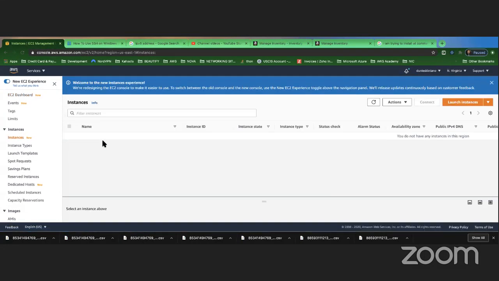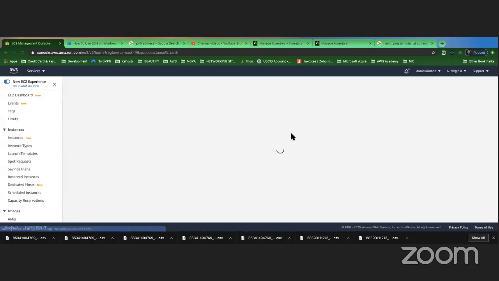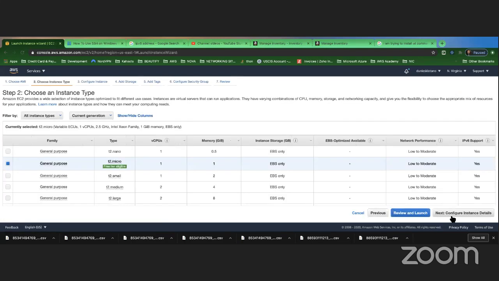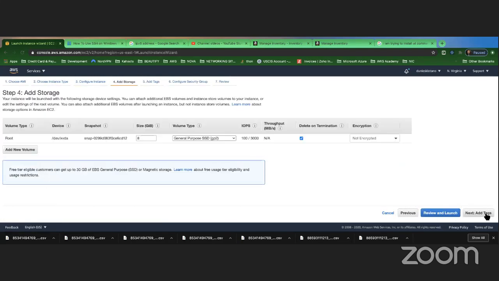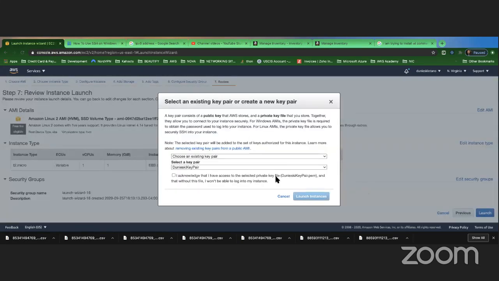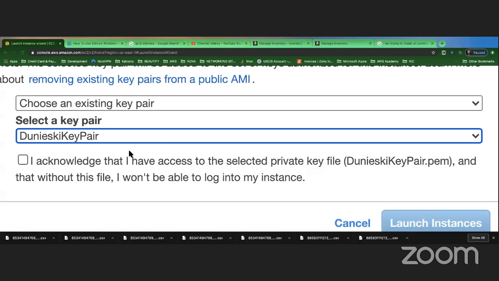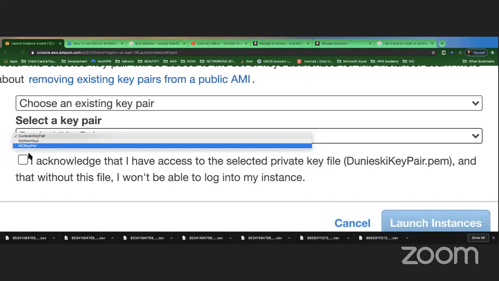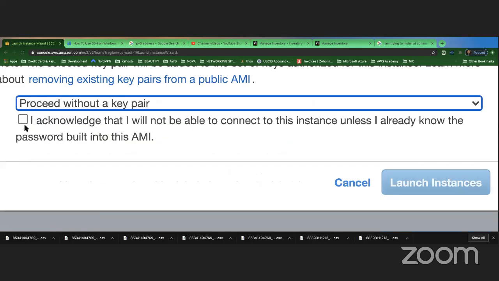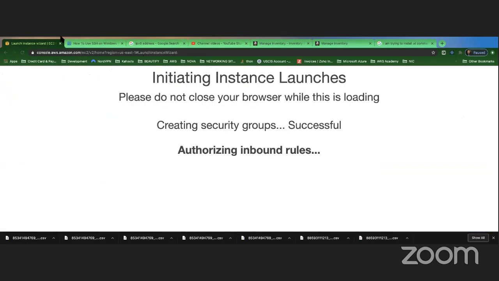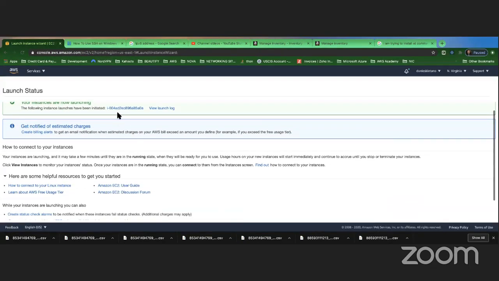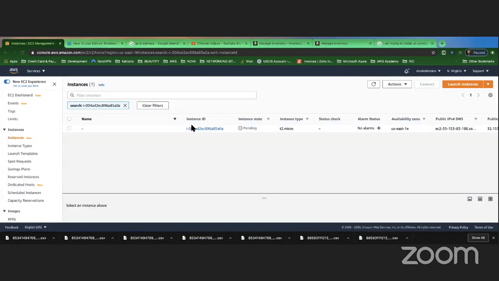So when you create an EC2 instance, let me create an EC2 instance real quick here. Let me just move forward and launch. I'm gonna launch now, right? No key this time, no key. I do this and then I make this smaller. Okay, so now if I take a look at the instance,